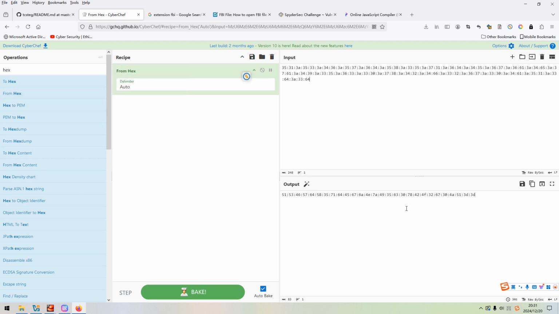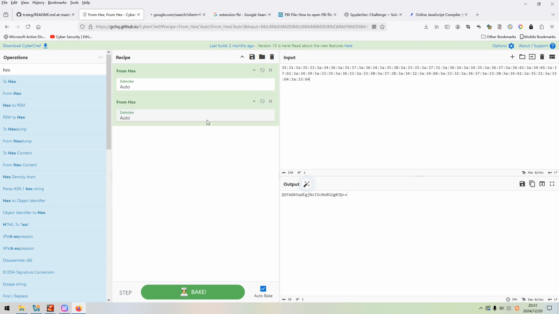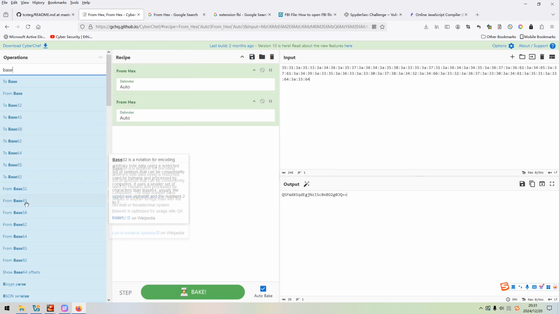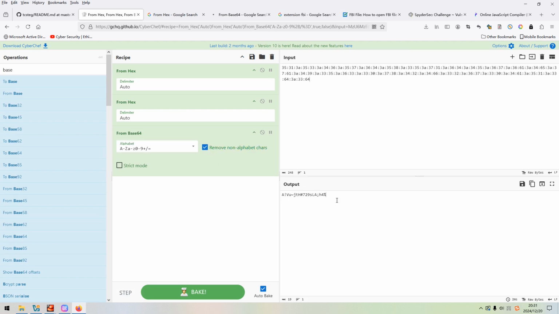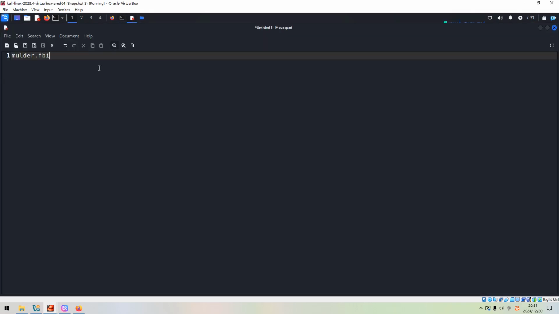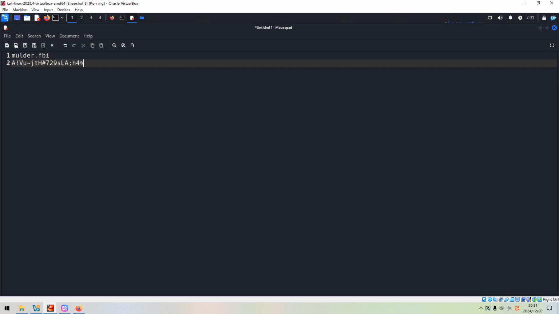This is another hexadecimal, and this would be the base 64. Base 64. Yeah, we got this one, a very complicated string. We can copy. Maybe this is some sort of a password, but at exactly this moment, we don't know where to use this password or something else. Maybe this must be a password, from the pattern of the string.